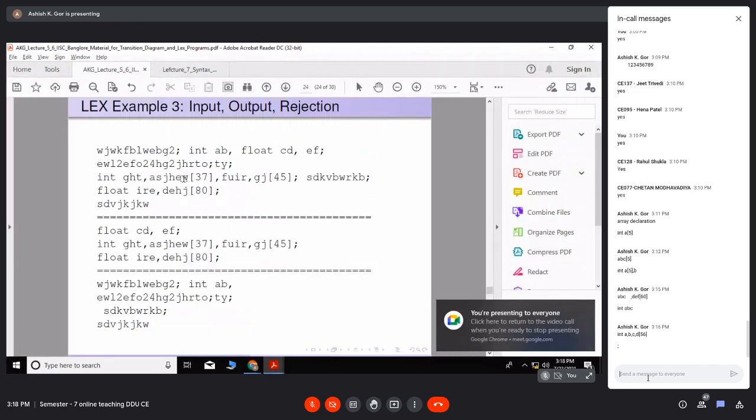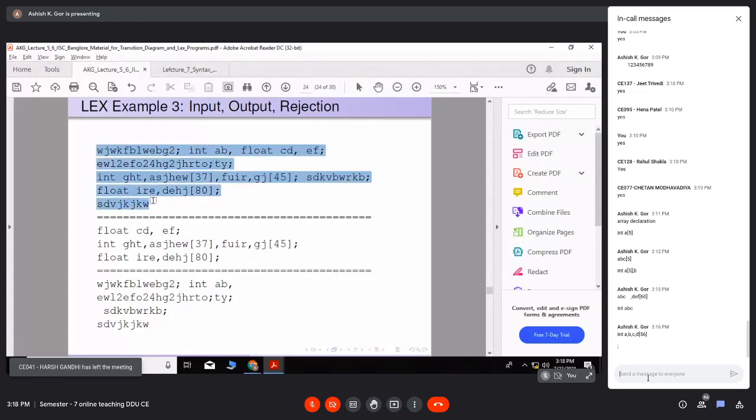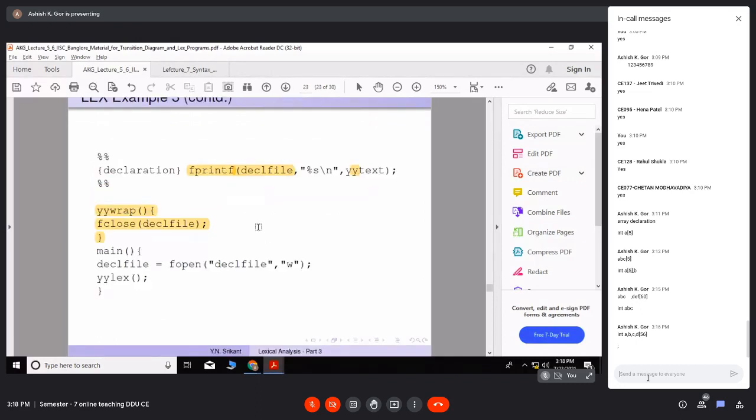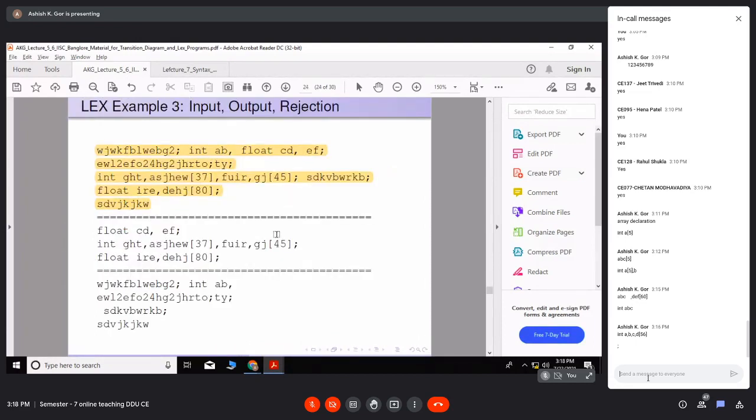You see these are the inputs, some random stuff, and then these are the inputs. What I have done is, whenever I find a declaration, I print it. So the output is partitioned in two parts: the declarations and the rest. You see W, J, K, all this stuff up to this semicolon is not matching with anything, right?